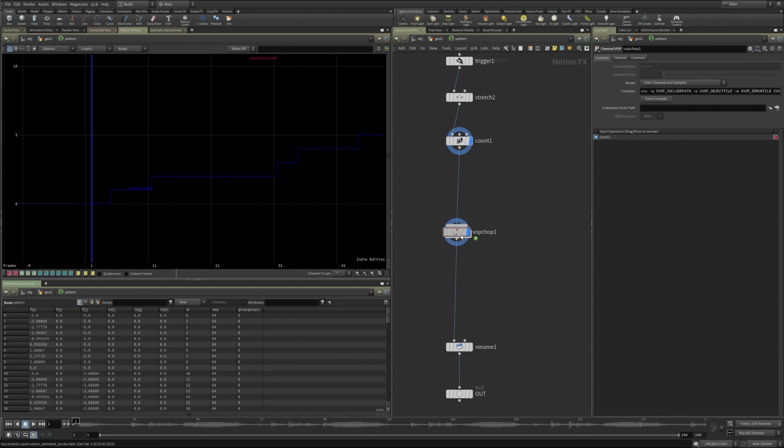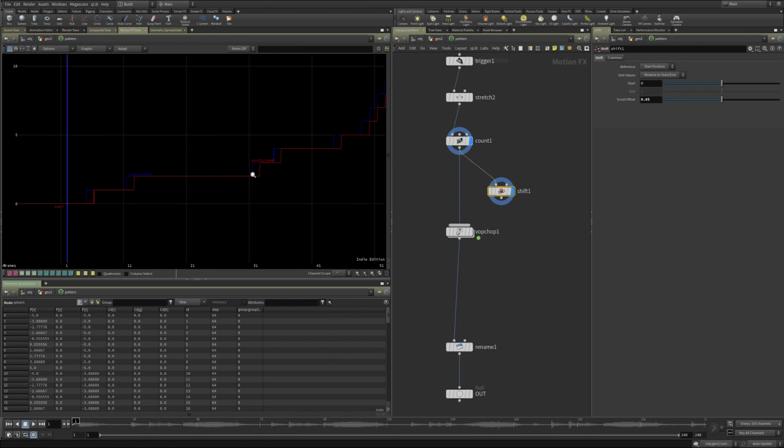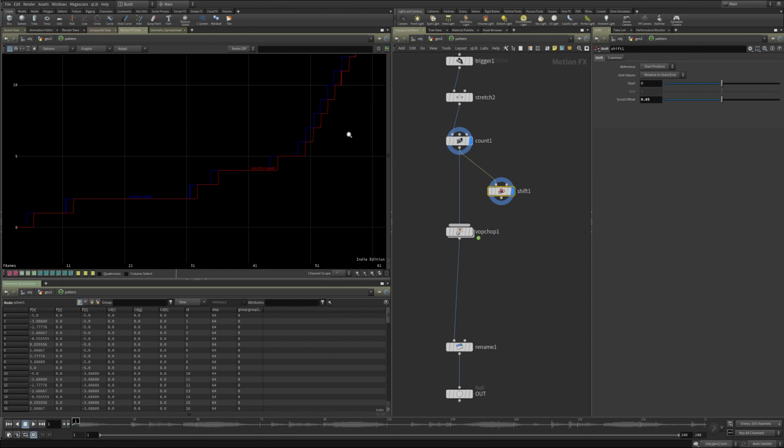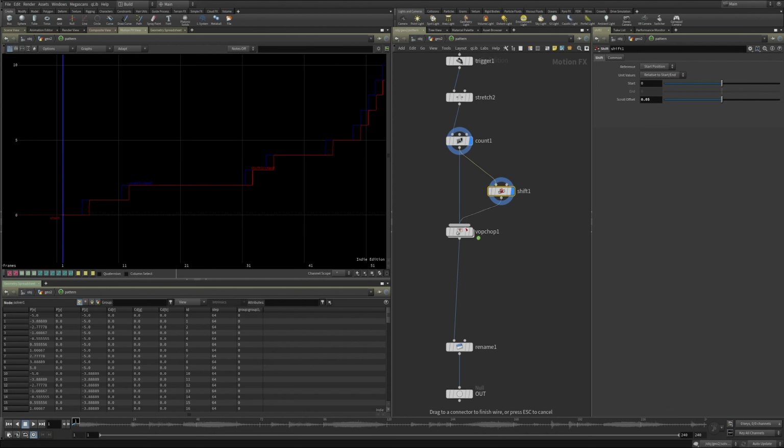The way that I figured out how to do that would be to use a shift, and let me just delete or disable that. So now I have two overlapping channels, but I want to offset one of them just a little bit, right? And so now it's pretty clear to see where these values are overlapping. I just want that to be 0.